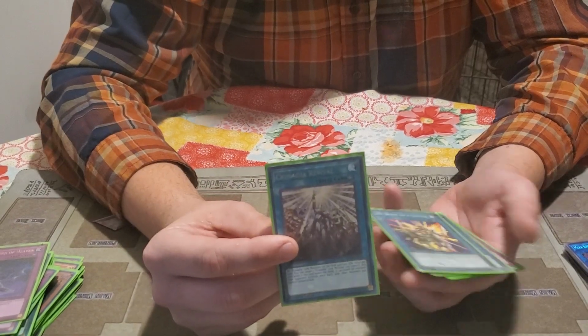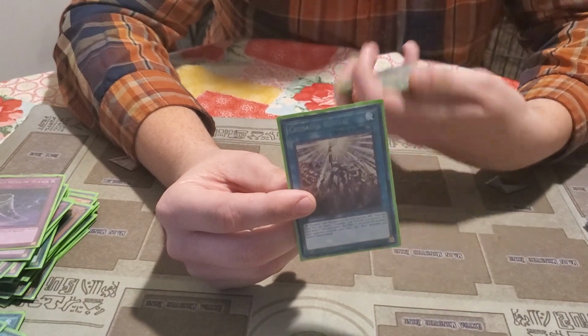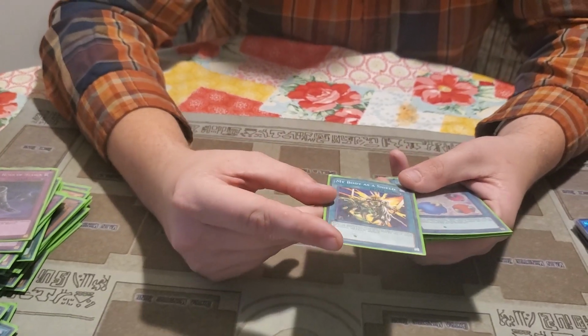Same thing with Crusadia Revival. Don't really play it that much. Crawler is my main go-to just because I like to get my monsters on the field fast. My Body is a Shield. Love this card. Pay 1,500 life points and...